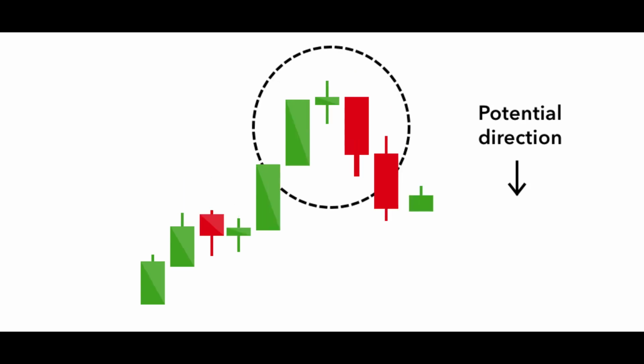Now this particular candlestick is an evening star. The evening star is a three candlestick pattern that is the equivalent of the bullish morning star. It is formed of a short candle sandwiched between a long green candle and a large red candlestick. It indicates the reversal of an uptrend and is particularly strong when the third candle erases the gain of the first candle.